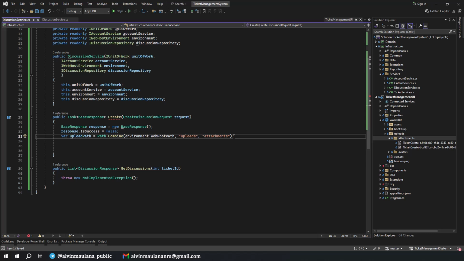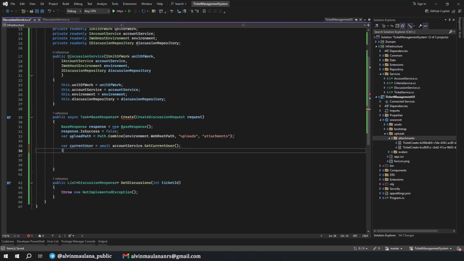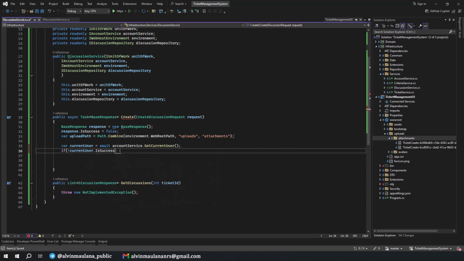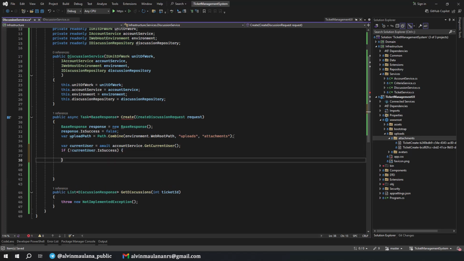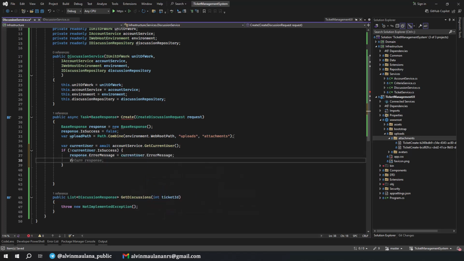Okay, next we will need to check the current user with account service get current user. If the current user is not successful, we need to return the error message, current user error message, and then return response.